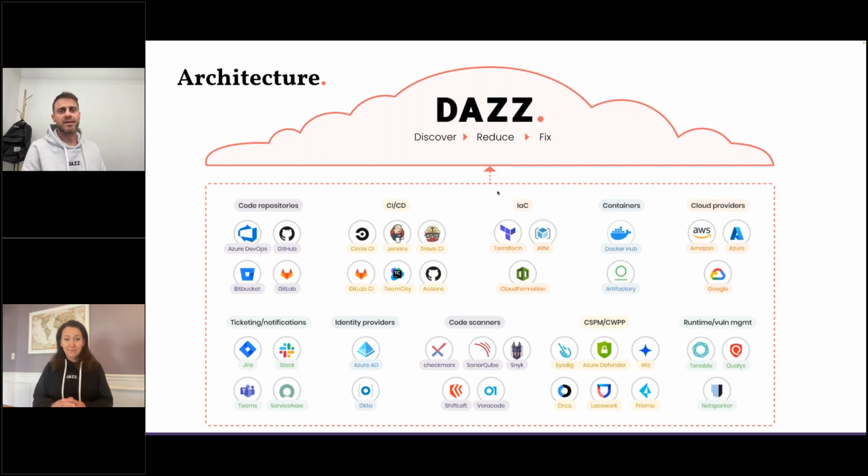That gives us the capability to do tracebacks from code to cloud and from cloud to code to understand how to solve the problem that can generate from a code issue and slowly propagate into the cloud, into production. So by integrating with all of these tools, we can paint a full picture of what to remediate and when, with what priority. But we also integrate with identity providers to give our customers full role-based access control, and of course with ticketing and notification platforms like ServiceNow, Jira, and Slack.